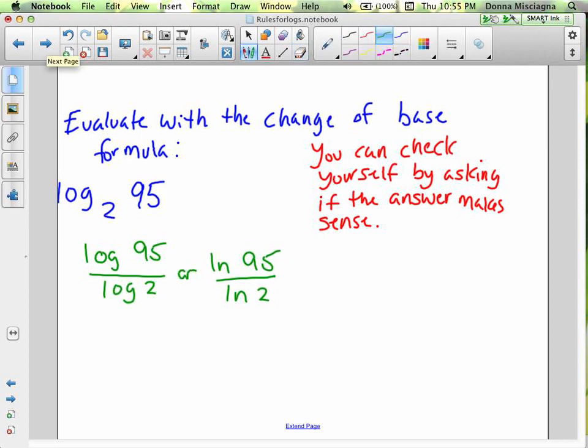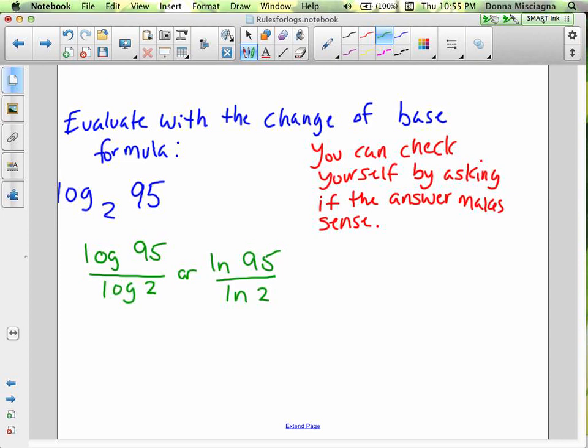I need a calculator. I meant to write them all down, but I forgot. That's okay, it doesn't take too long. It's just hard to hold a microphone and a calculator at the same time. Oops, I forgot our parentheses there. So log 95 divided by log 2